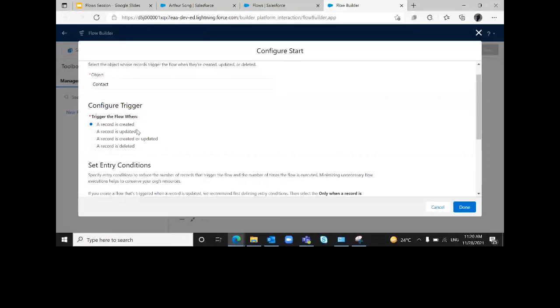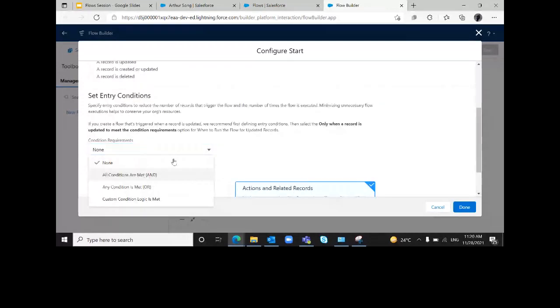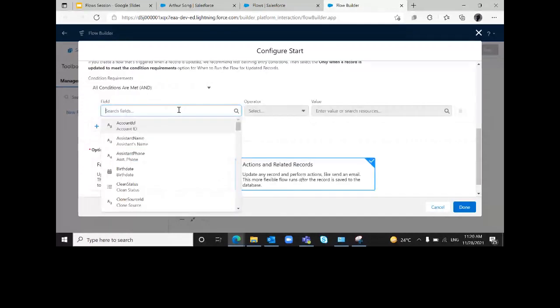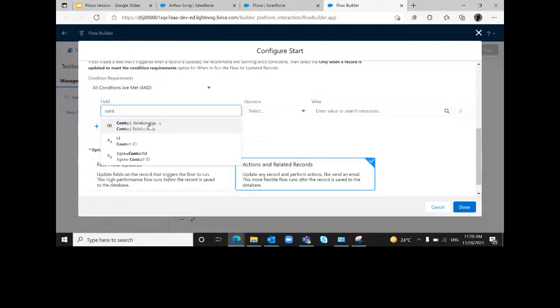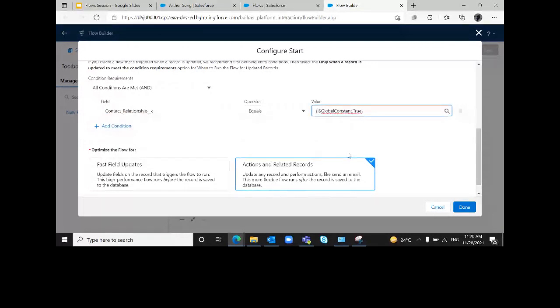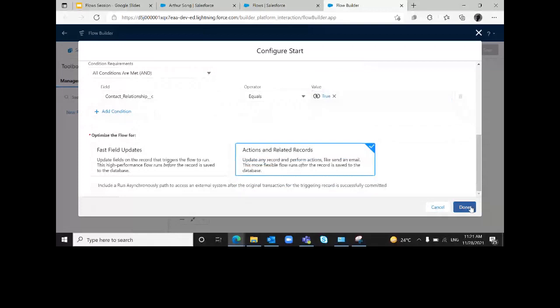And what should be the condition? All conditions are met. So here we can give the condition. I'm giving contact relationship equals true. So in this case, if the contact relationship checkbox is true, at that moment it should fire. See, we have all the conditions.